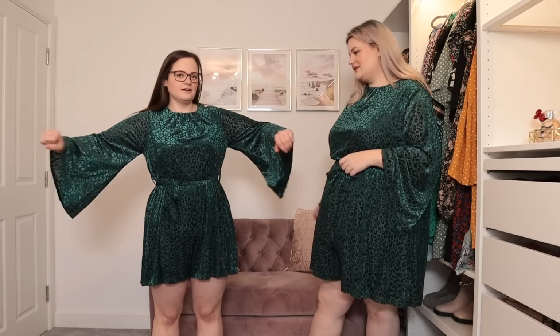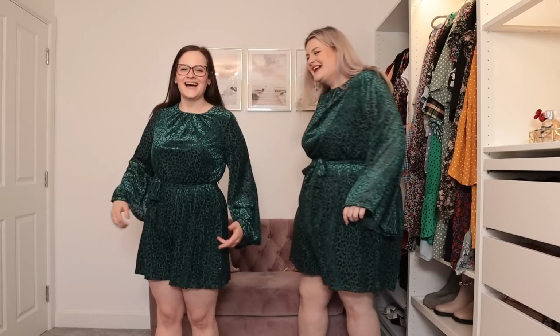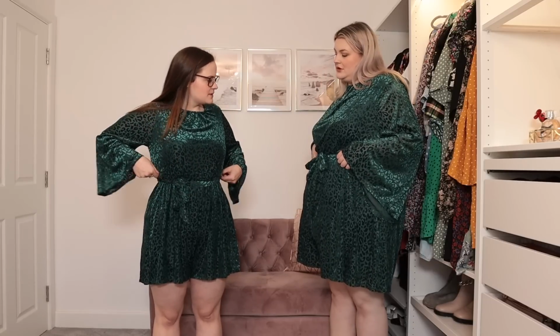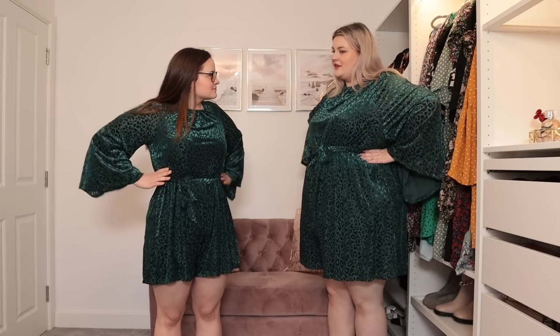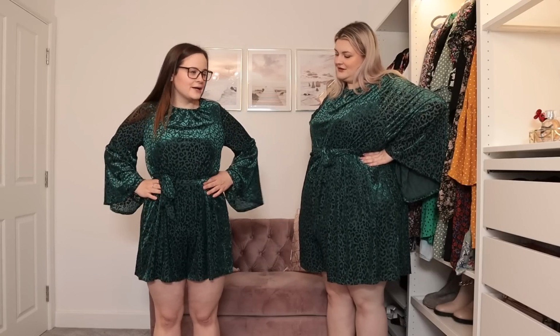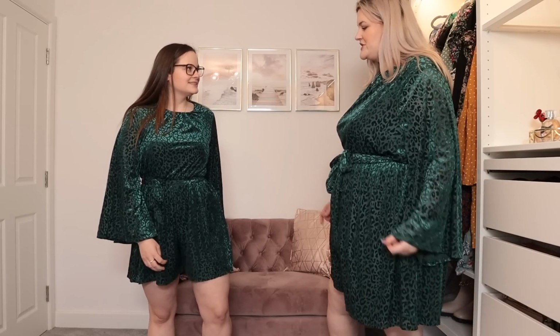I'm not massively in love with it. I think a few things, like the sleeves, are very flyy. But the seam is really high up. That's mad, because I want it to be high up. That's my preference, because this is where I want to come in at. Mine, I do want to come in here, but because it's so high up, I'm getting a bit of a wedgie. See, I'm not having that problem, which is mad because I normally do have that problem with a